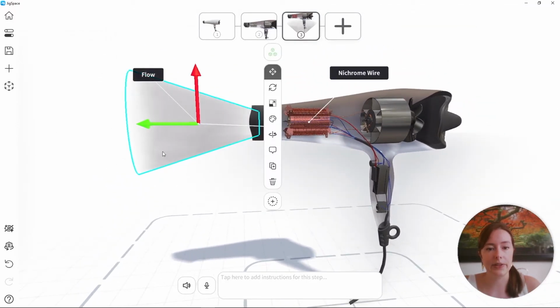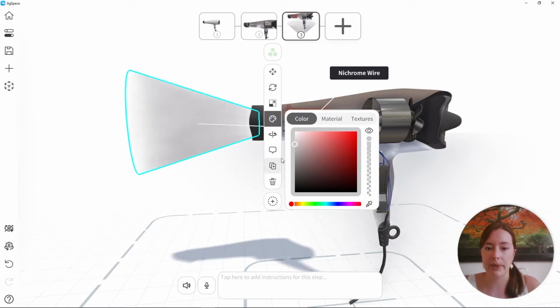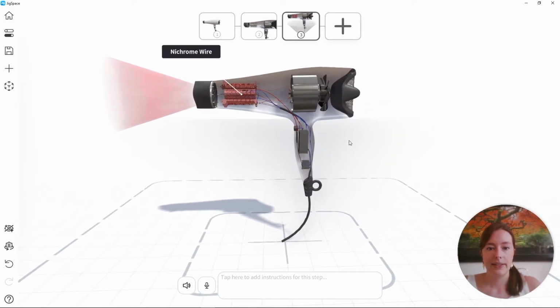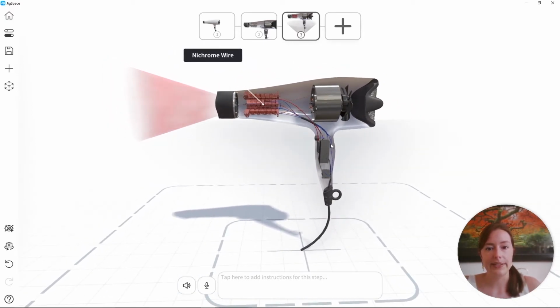And I'd also like to show that this air is heating up, so I'm going to give it a soft red colour as well. So I'm going to add the instructional text for step 3.